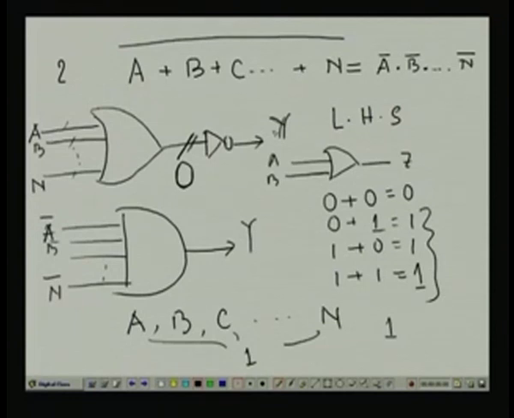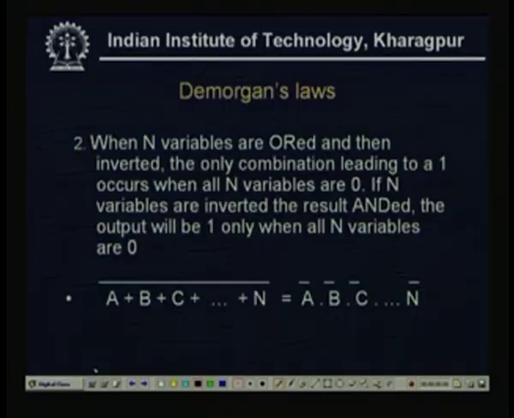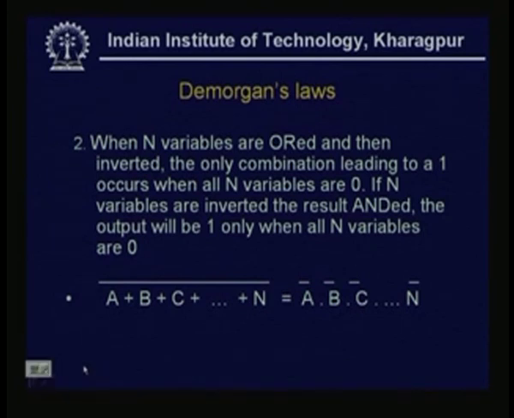So, now if we see the results, that when n variables are ORed and then inverted, the only combination leading to a 1 occurs when all n variables are 0. So, this is the explanation of the first statement. Now, if n variables are inverted, the result ANDed, and the output will be 1 only when all n variables are 0. So, if we see now